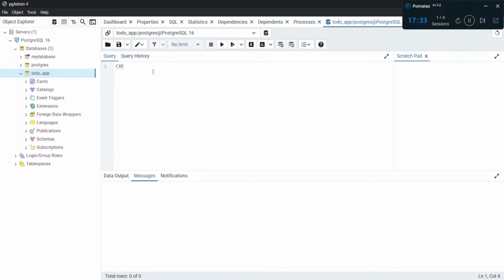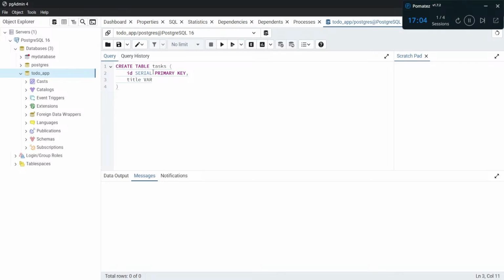So here: create table task, id serial primary key, title